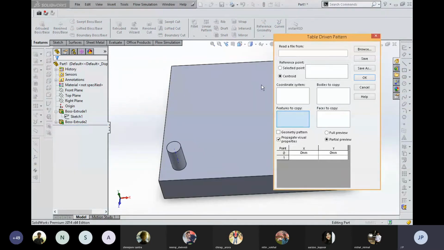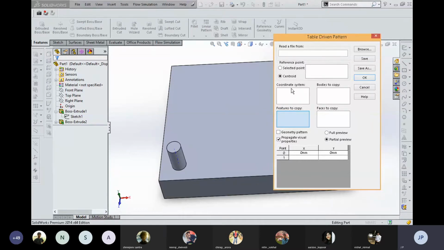So over here, the first thing required is the distance with respect to the base component, that is the cylinder part, which is filled in manually in this table or with the help of a text file used in this part, read a file, from where we can pick that file and directly use that value in this pattern tool.